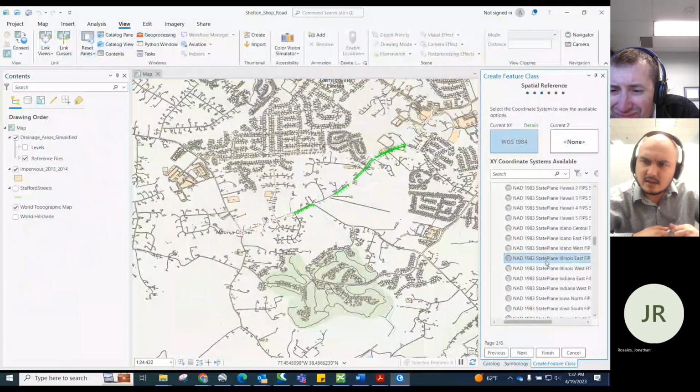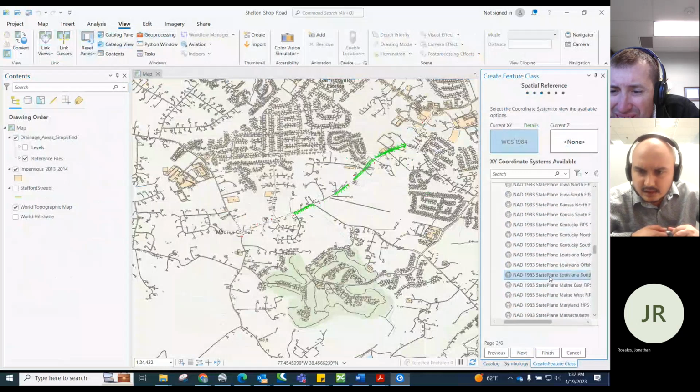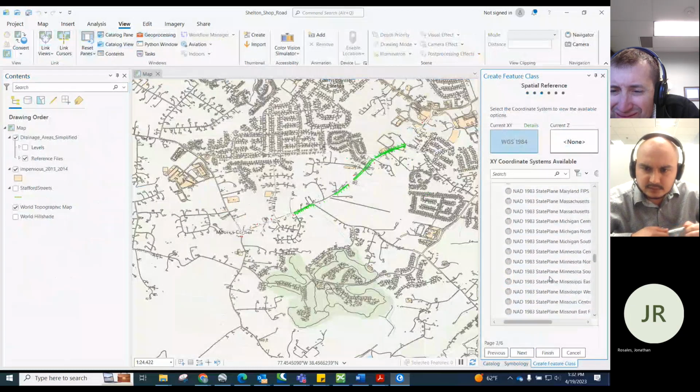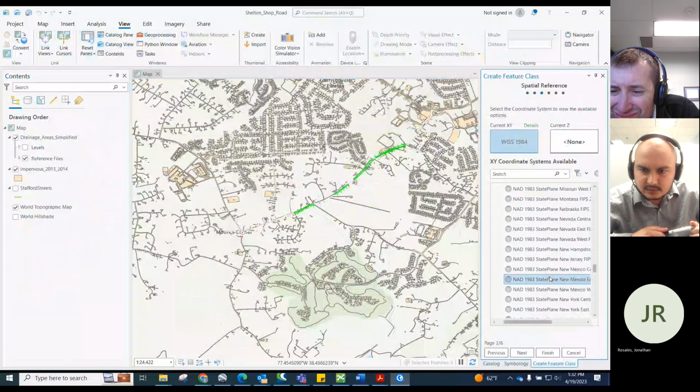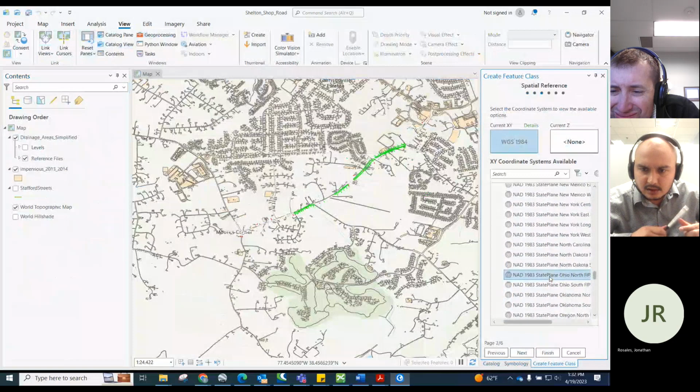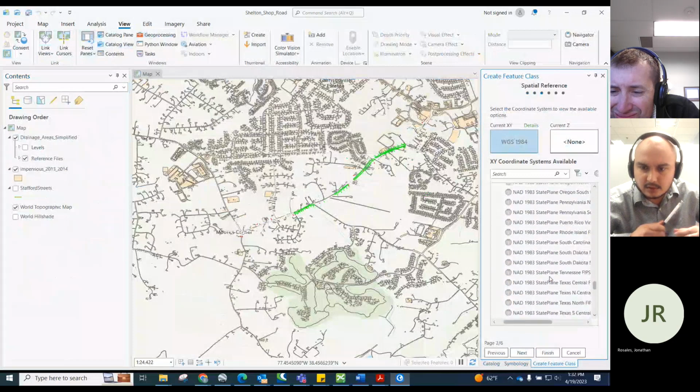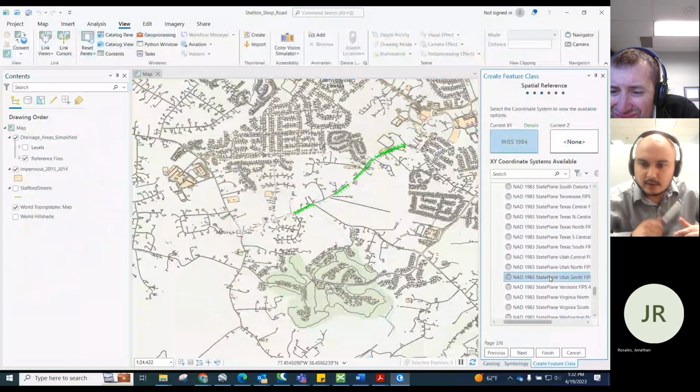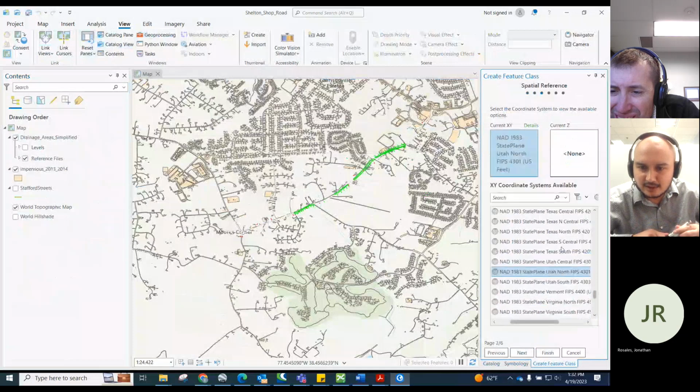This is in Virginia North, right? Yeah, Stafford is in Virginia North. Okay, Virginia. Oh, that's Utah, nope. Yep, that one. Okay. Yeah, that's good.